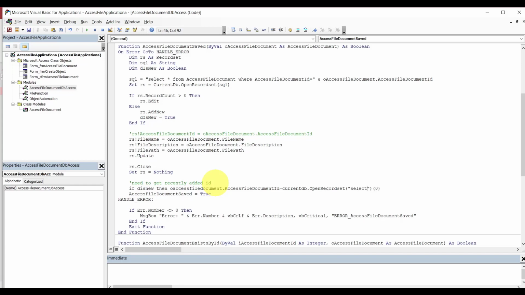Okay, now we want to say select add identity. That's it. That's all you have to do. Alright, that's all you have to do. So if it's new, give me the last ID that you just inserted. That's what it means. Alright, that's what it means. So now,